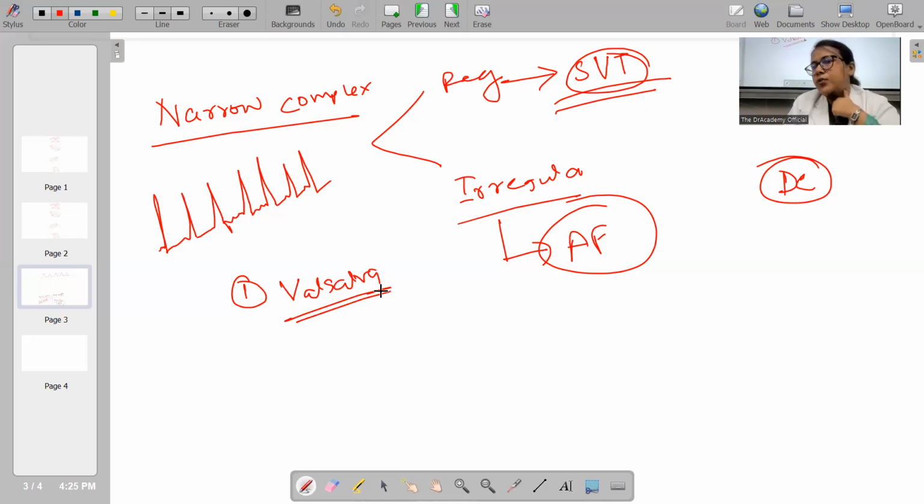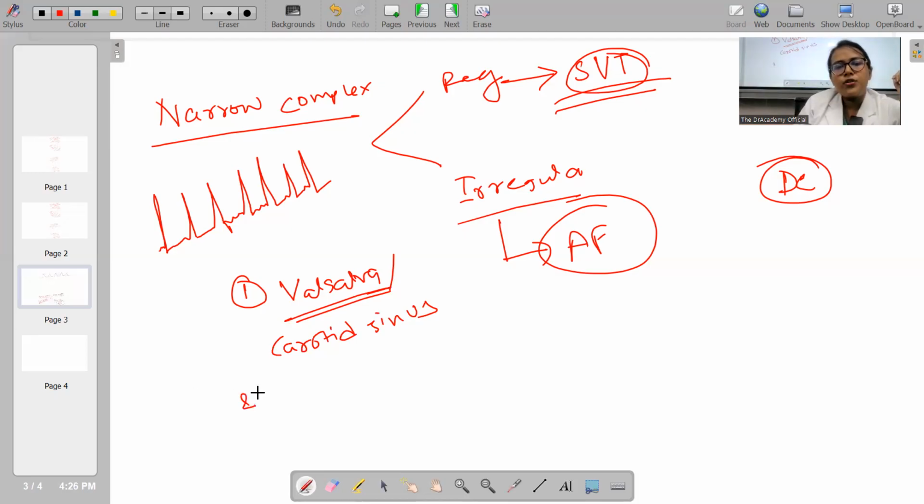So what you can do is you can go for the carotid massage, okay? This is where the carotid artery lies. And this is where you do this type of massage gently. And you should not occlude this, okay? The massage should be like a massage. You do not push it and occlude this. That will actually cause the patient maybe to die. So Valsalva maneuver or carotid sinus massage is important. Of course, keeping the patient in a resting, calming situation, as well as making the patient comfortable is another important